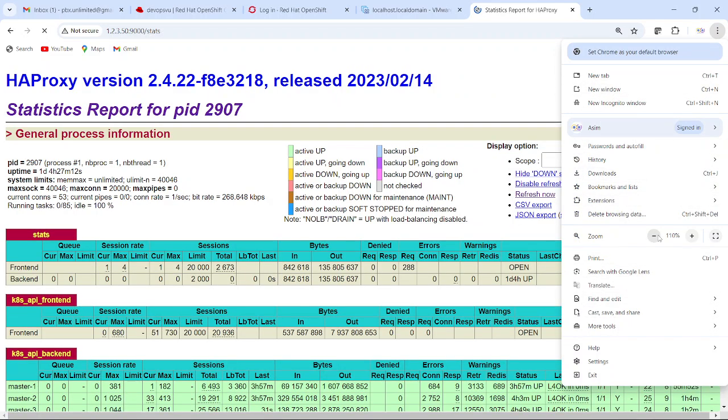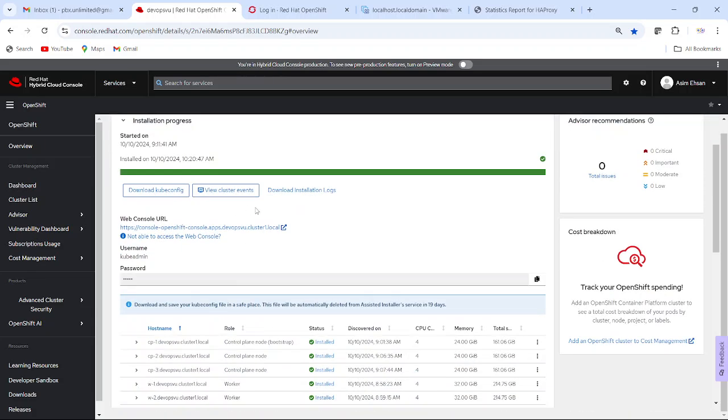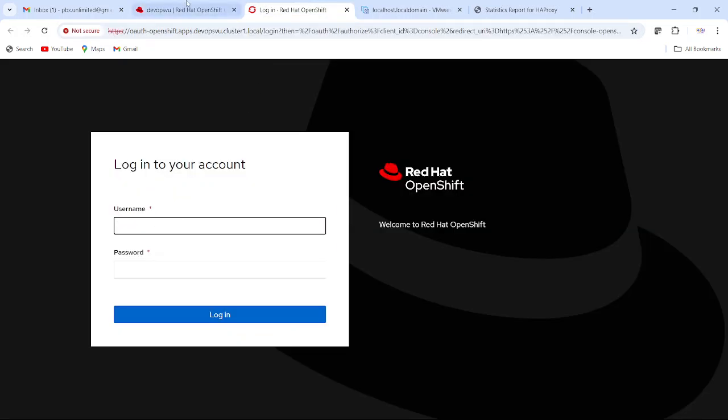The second thing after the installation, this installation is giving me two things. Web console URL. OpenShift also has its own web UI, but Kubernetes doesn't. So Red Hat designed their own web UI to manage the OpenShift cluster. And to log in to the web UI, there is a username and password. So from here, you can copy the username. If I click this link, it will open this login page. So the default login is kubeadmin,